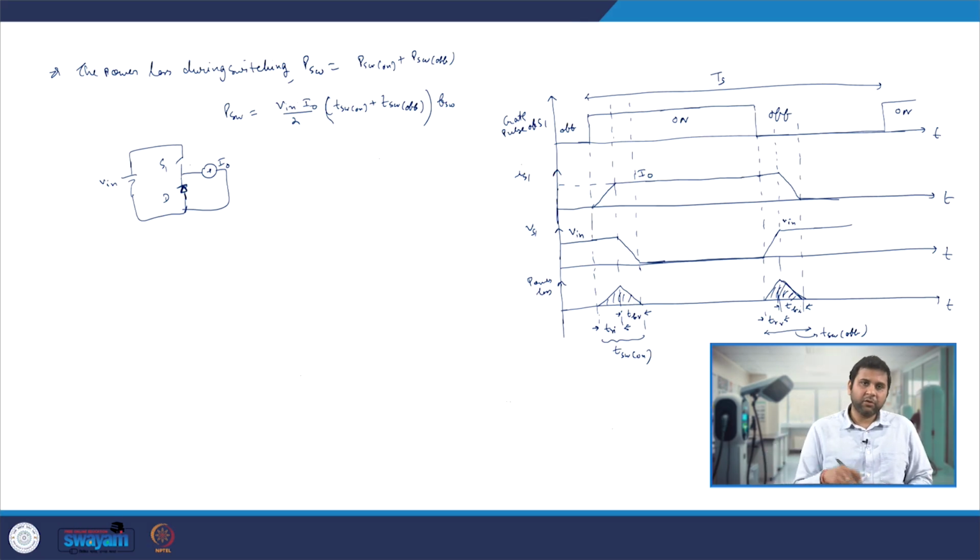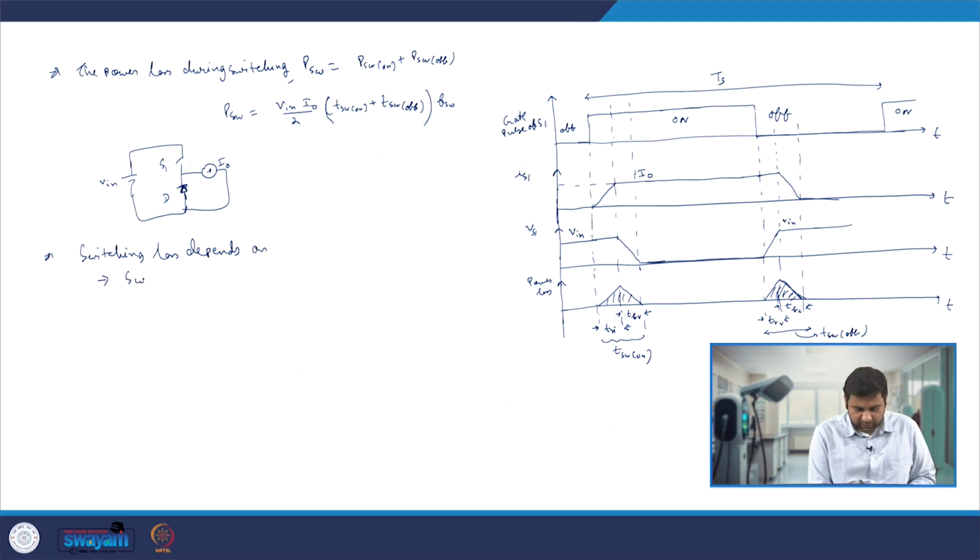Similarly, if we have, let's say, two devices S1 and S2, we can do it for S2 as well. However, what we understood is that the switching loss depends on